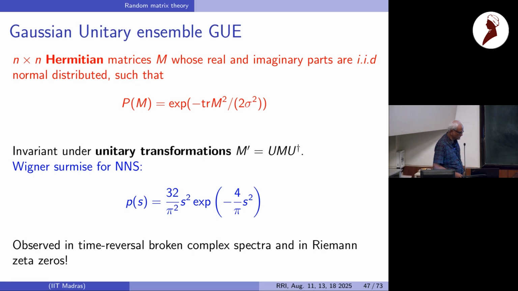We have already encountered for the case of eigenfunctions that time reversal breaking makes them more delocalized. In terms of eigenvalues, it makes them repel more. If you take Riemann zeta zeros and find out the spacing distribution, it will be remarkably close to this. Or if you take a system which is breaking time reversal, you can take the standard map, or you can put some magnetic field in some billiards, ensuring that time reversal is broken. It may not always be easy, but you can do that.